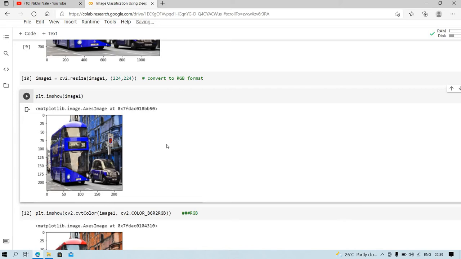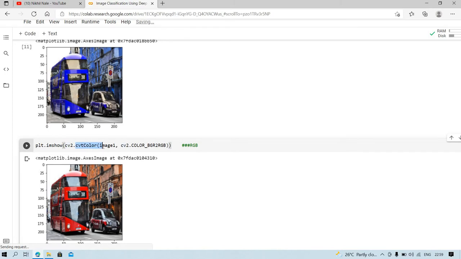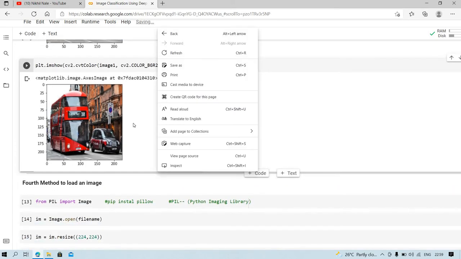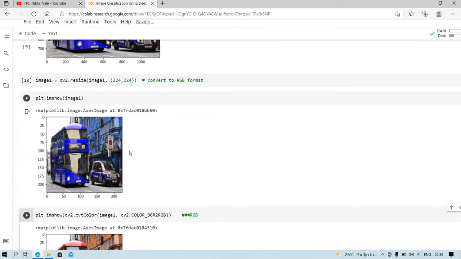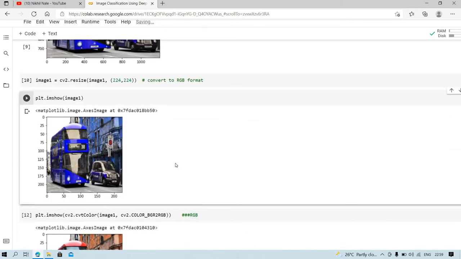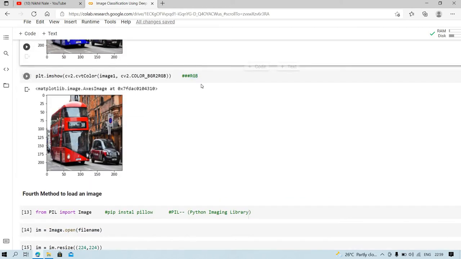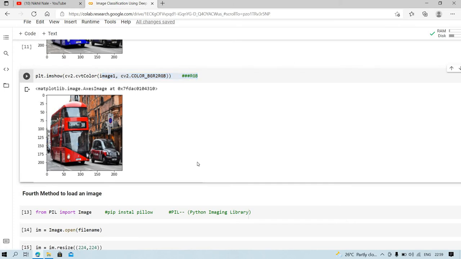For this I will use the method cvtColor and pass the name of the image and cv2.COLOR_BGR2RGB. Initially we have this image in BGR format, and after executing this cell you will see our image is in RGB format.